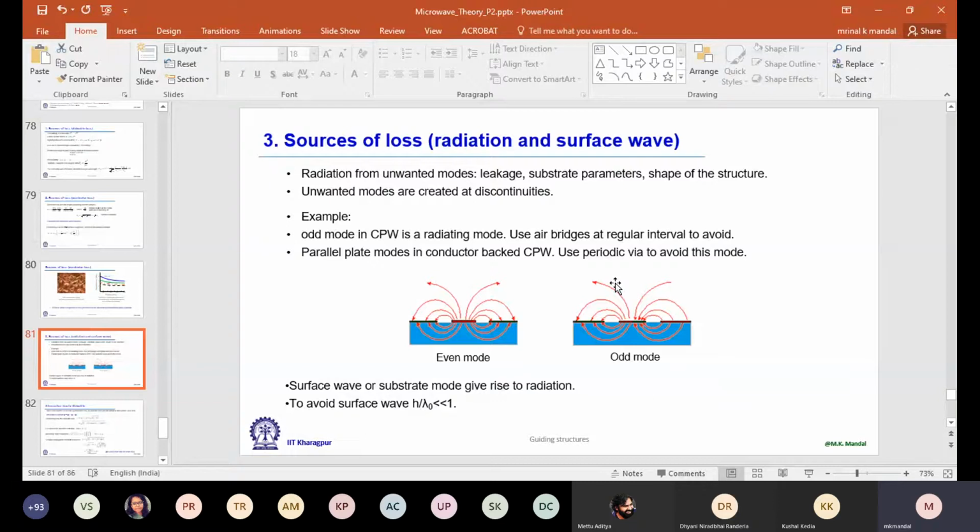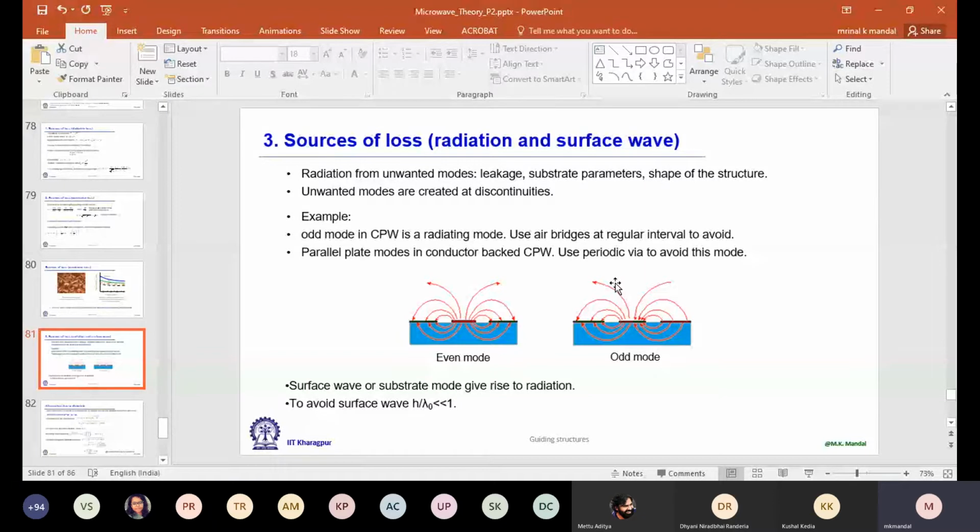Well, so these unwanted modes create a problem. Here is one example: a CPW line. You can understand it is a cross-sectional view, and in the middle we have the signal line, and left and right we use as the ground. Now if we use left and right as the ground, they should be at the same potential over a cross-sectional plane,